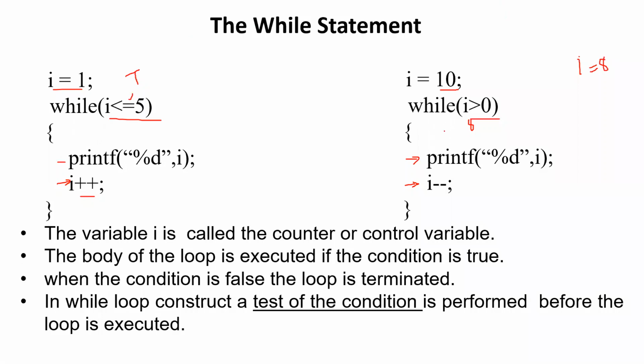Okay, so whether it will be executing the body of the loop or not when it is true? It will be executing the body of the loop. Good. So in the body of the loop itself, we have given the decrement of the value. So when I equal to 8, and then when it executes the body of the loop, what will I value become in this step? What is I minus minus? I equal to I minus 1, right?